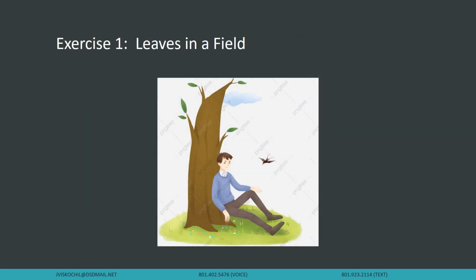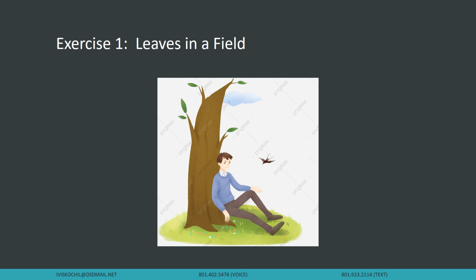Now I want you to imagine that you are sitting in a big meadow or field, and you've just had a great picnic. So you're nice and full, you're a little bit sleepy, and the day is a beautiful day. It's warm but not hot. You can feel the sunshine on your face. And then you see a tree, and you're sitting under this tree, and the tree has hundreds of different colors of leaves on it.